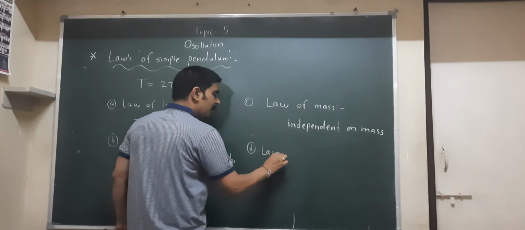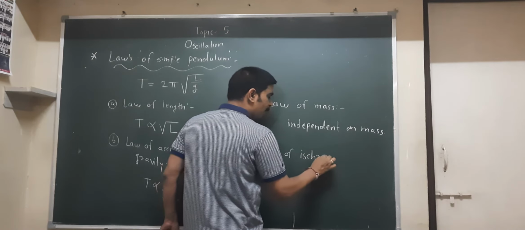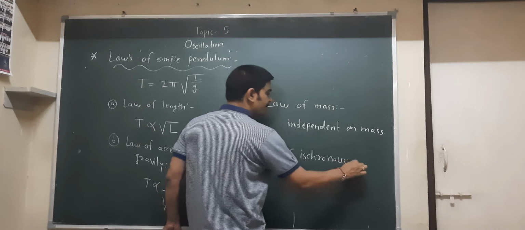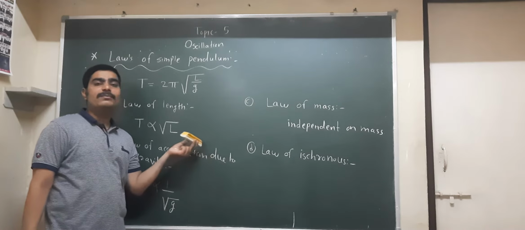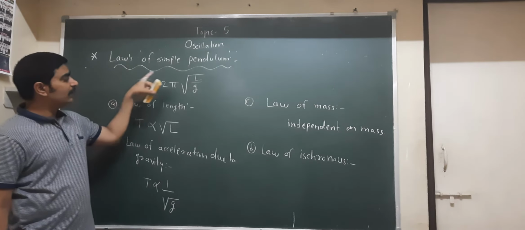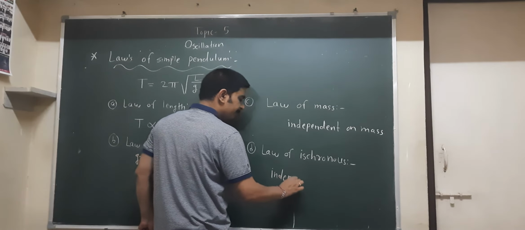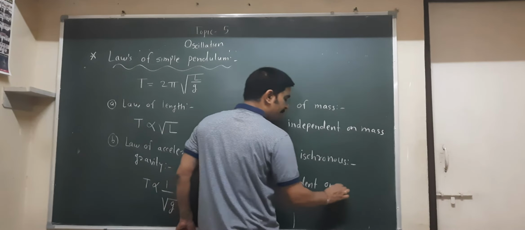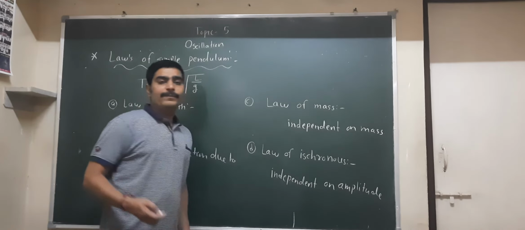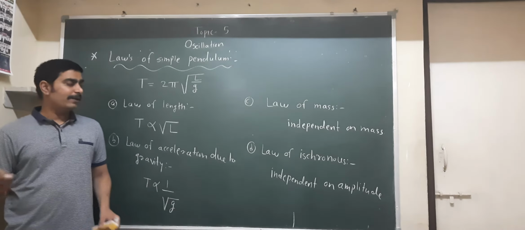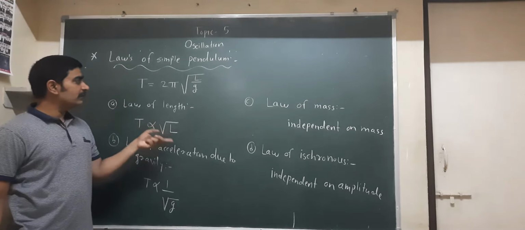Next is the law of isochronous. And friends, here isochronous is related with the term amplitude. Here you can observe that the amplitude is not present, so it is independent of amplitude. Based on this, we can make the sentence that the period of simple pendulum is independent of the amplitude. So these are the four laws which are known as the